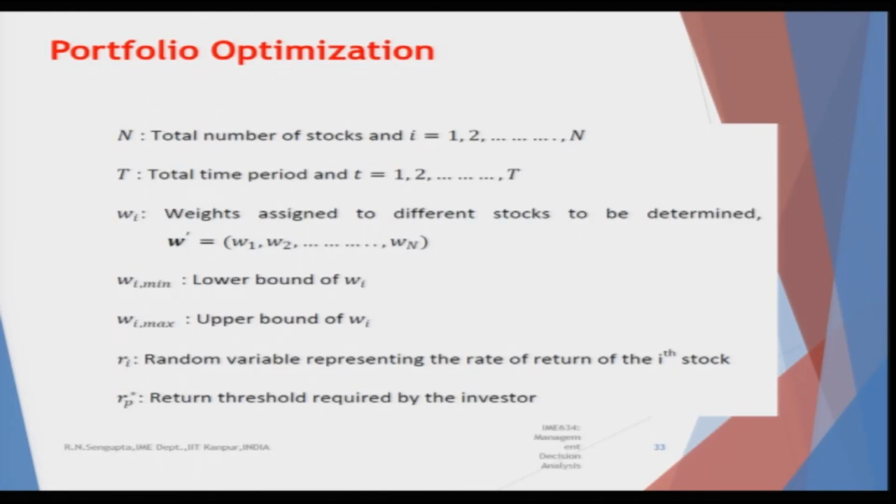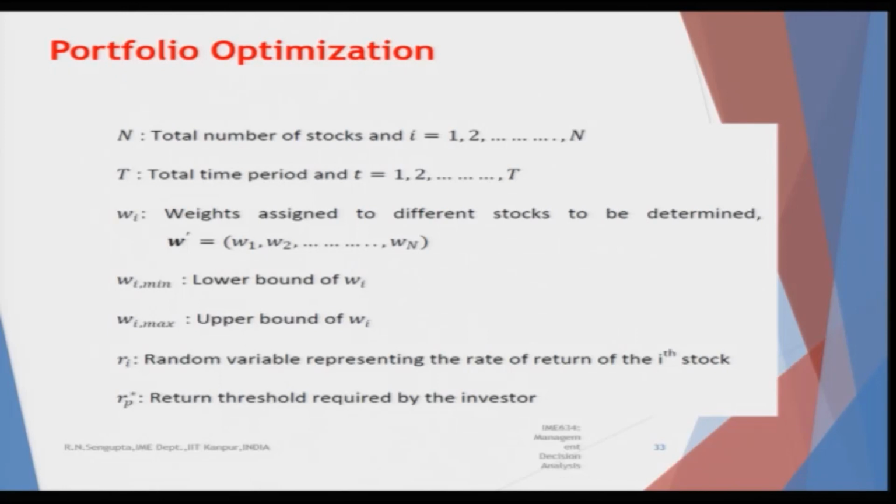So, the vector, which is the x value I mentioned in the quadratic programming, that x is basically now W transpose or W, a row vector or a column vector depending on how you have formulated the problem. But remember that the size of V, the variance covariance matrix, is capital N cross capital N. So, obviously, the matrix multiplication along with the column and the row vector should be applicable.